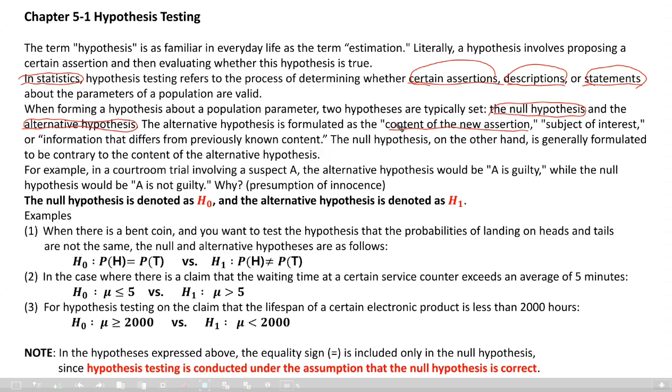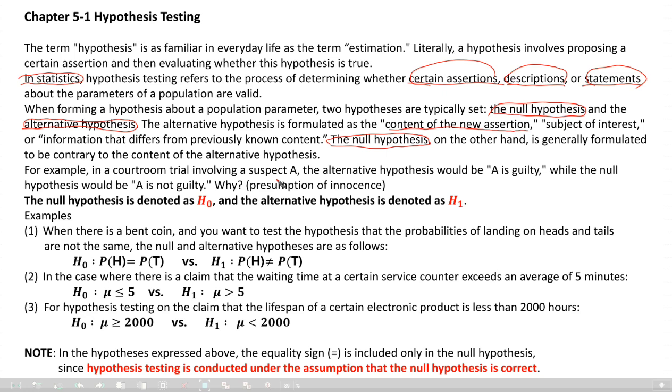That kind of statement or description formulates the alternative hypothesis. The null hypothesis, on the other hand, is generally formulated to be contrary to the contents of the alternative hypothesis,